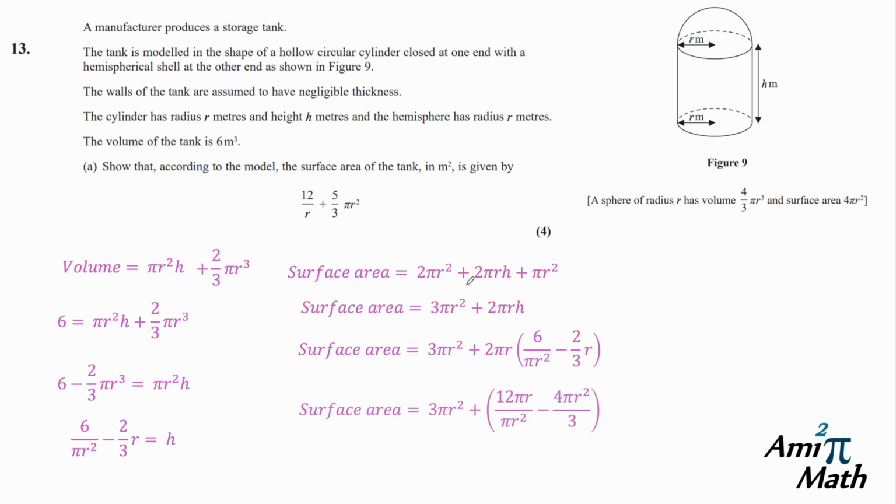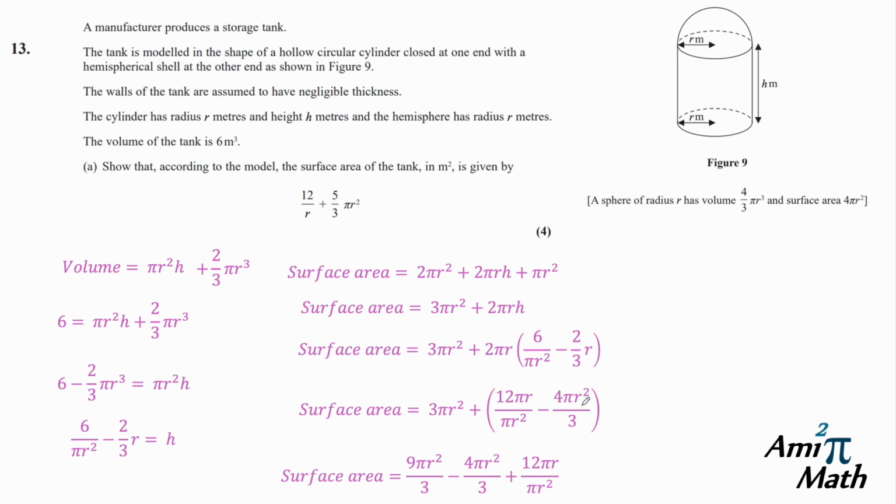So you basically just get something like this, 3 pi r squared plus 12 pi r over pi r squared minus 4 pi r squared over 3. Okay, so to add these, just to make it easier, obviously we know that the pi r squared here matches up, but we can't subtract them as they're not the same denominator, so you can just multiply by 3 on each side. So 3 over 1 times by 3 on each side gives you 9 over 3. So you get 9 pi r squared over 3 minus 4 pi r squared over 3 plus 12 pi r